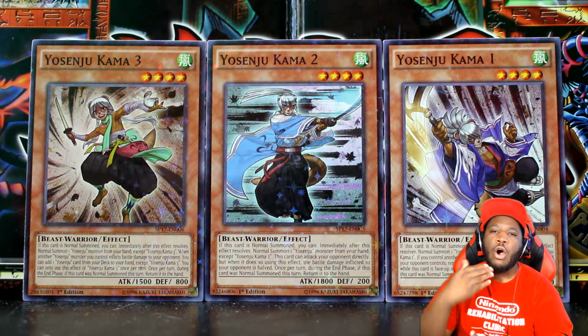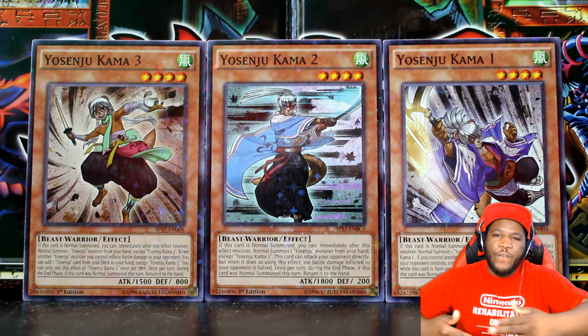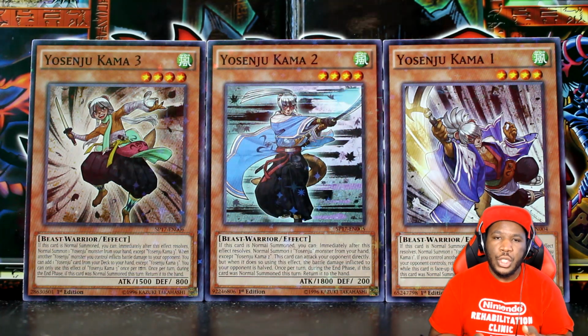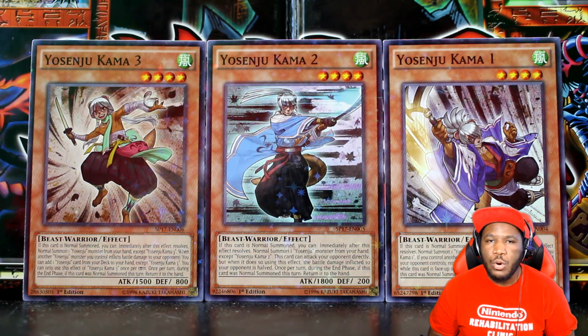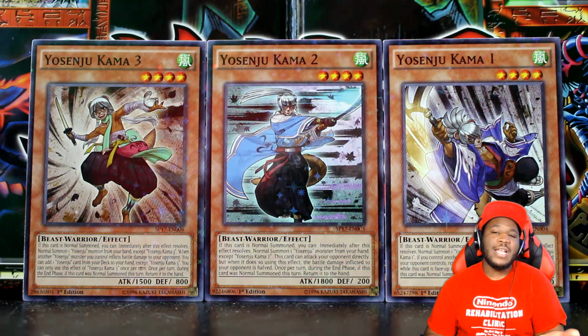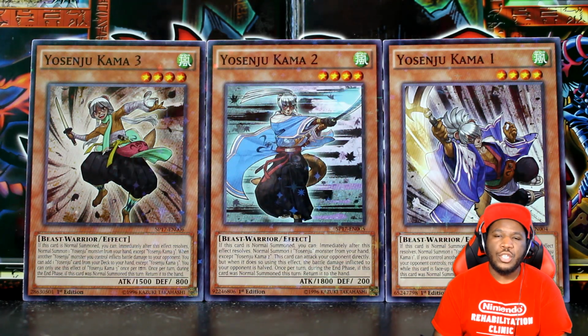And then because they're all level 4, if you want to go so far, you can summon all these monsters. You can literally flood the field with your Yosenjus and then make some overlay plays on 2 of them and bring the other one back to your hand. You can attack directly and protect yourself, and then you can use your back row to protect you, whether it's stuff like